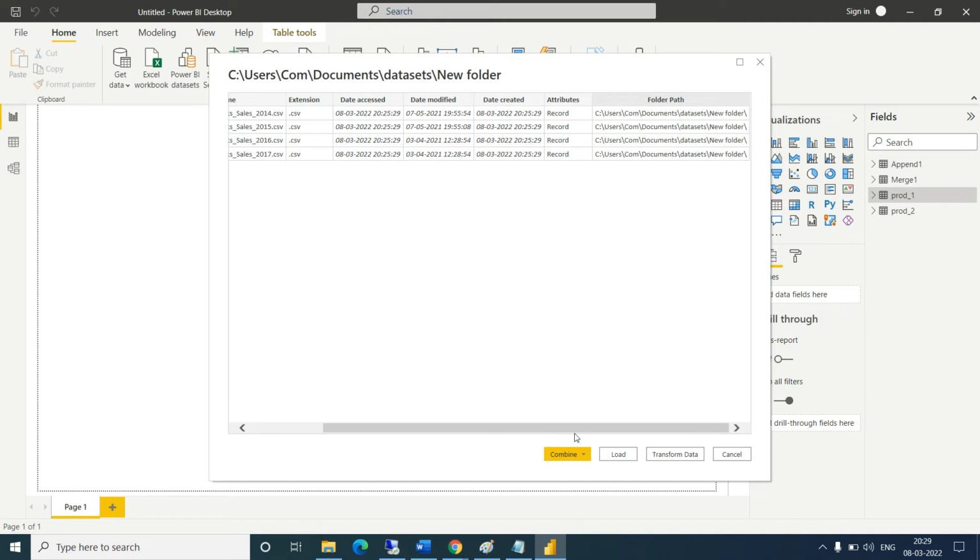You can see now there are three buttons: Combine, Load, and Transform Data. If you click on Combine, it will combine all the files' data. If you simply Load, it will give you just the path of the data. So what we need to do, let's try Combine and Transform Data.